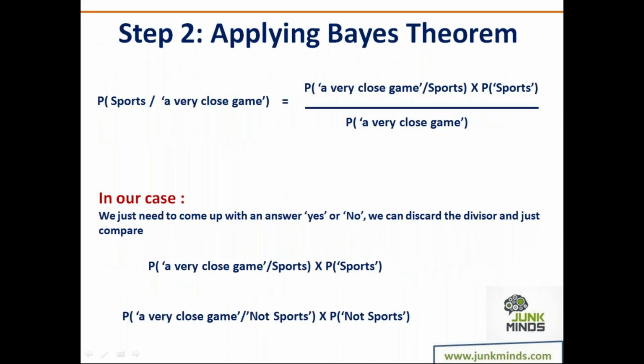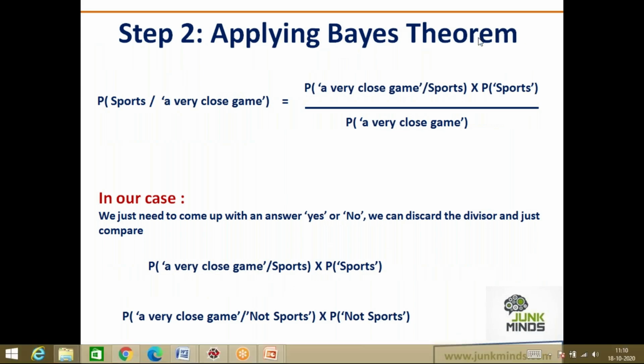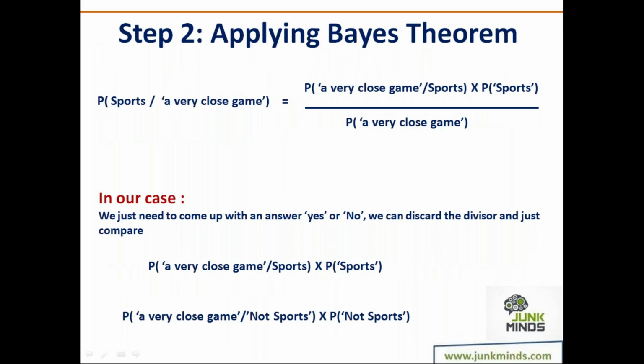But now understand this, still using that feature engineering, or once I get the frequency, how am I going to calculate the Bayes theorem? Now observe this. For me to be able to get this posterior probability, a very close game, I want to tell whether this statement is about sports or not. If I want to calculate this probability going by the naive Bayes formula, it is the probability of somebody using this statement, a very close game, whenever they are talking about sports. What is the probability of this being true, versus what is the probability of something being about sports, and what is the probability of someone using this particular statement.